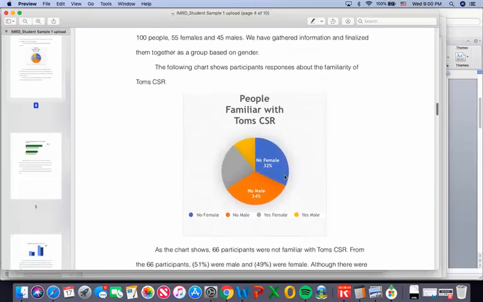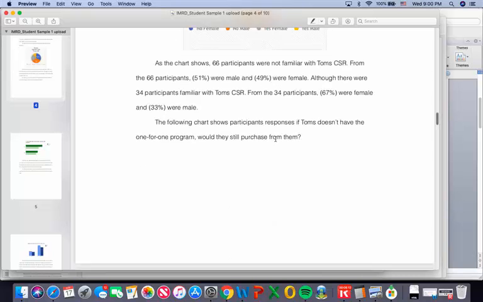So I would put the first question, I think, is a good one: are people familiar with Tom's CSR? I think that's a good first point to have. And then